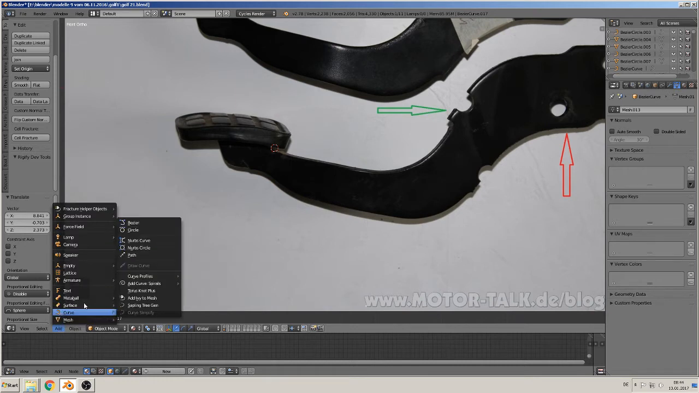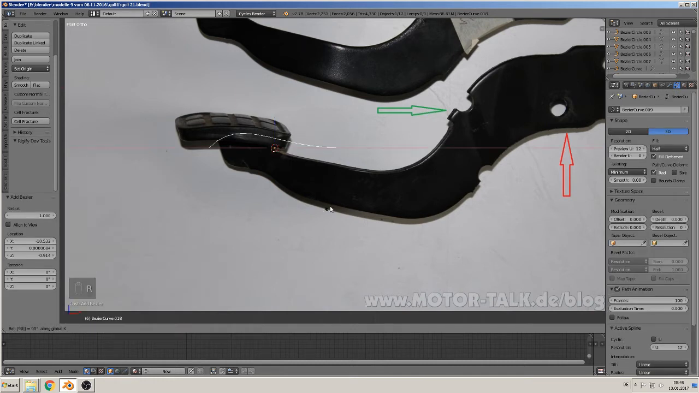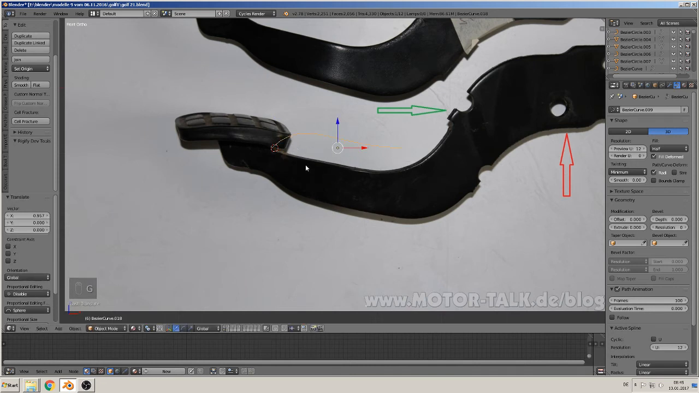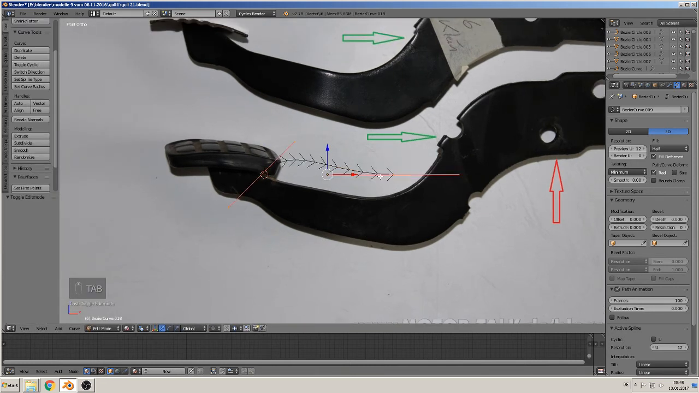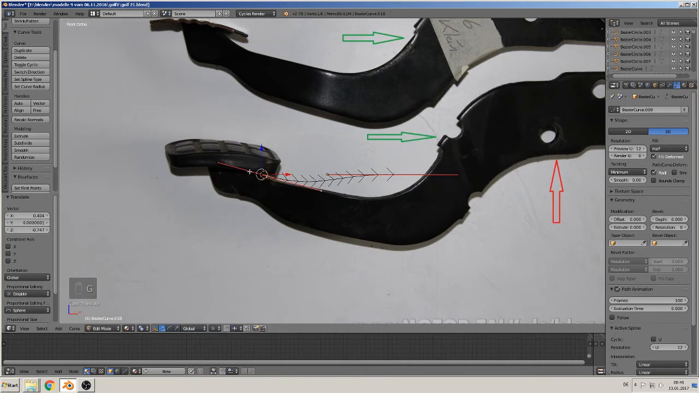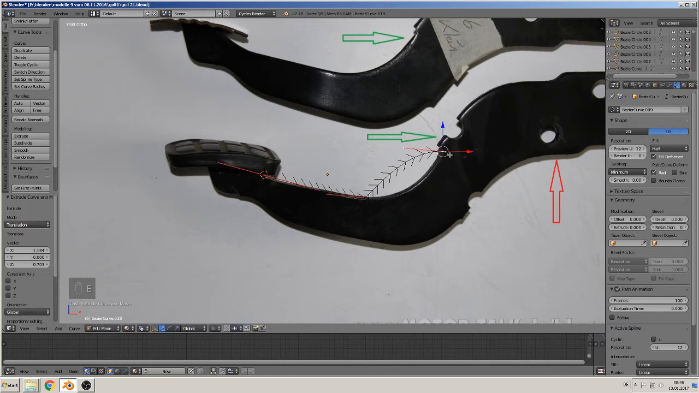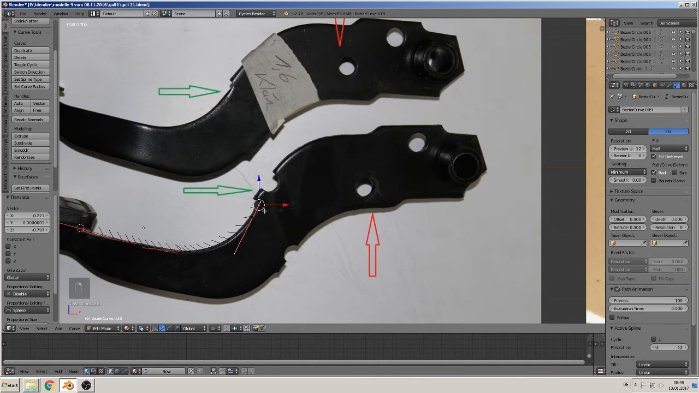So add curve Bezier, rotate X 90, grabbing, positioning at the start, then edit mode, go to the float, make it shorter, then we can bend that better. So middle point, extrude, grabbing, again middle point, extrude, grabbing, extrude,